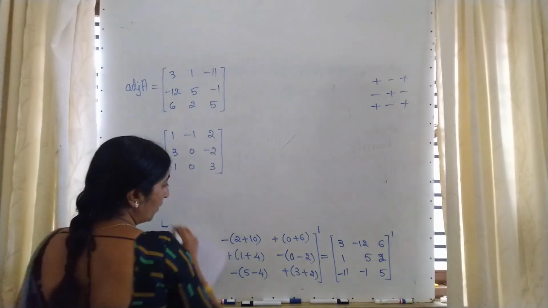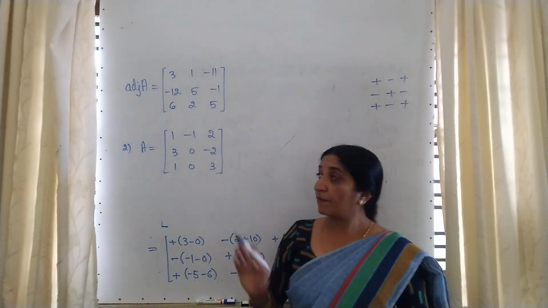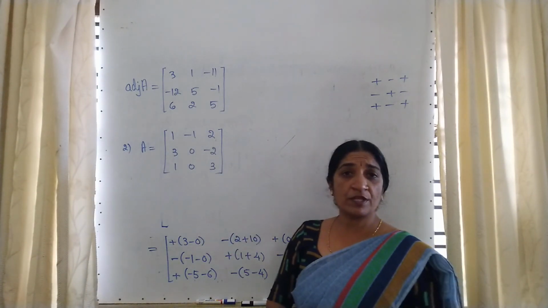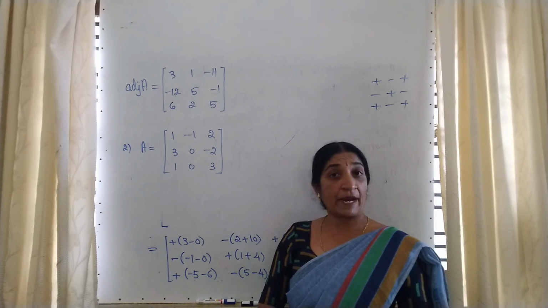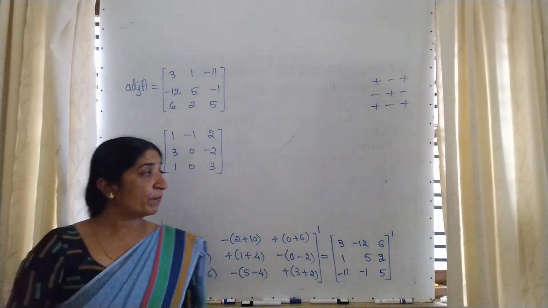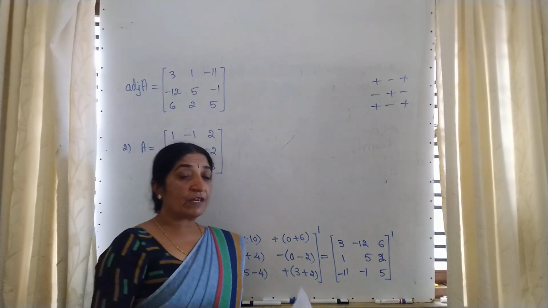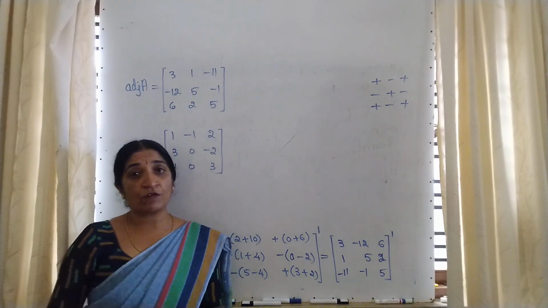So I gave only one homework. The students may have the question why I gave only one question as homework. Because we use the same concept when we solve the examples on the matrix method. Definitely you will be perfect when you are solving by the matrix method. So in the next class I will give you the theorems on the adjoint of a matrix.